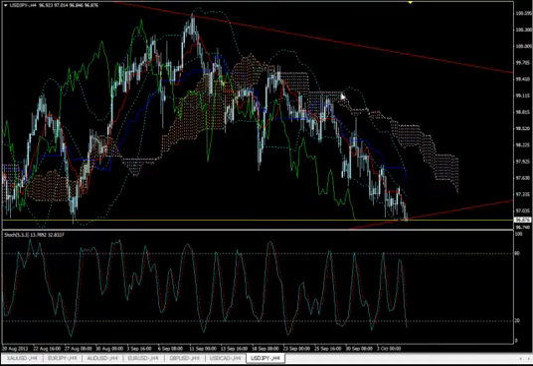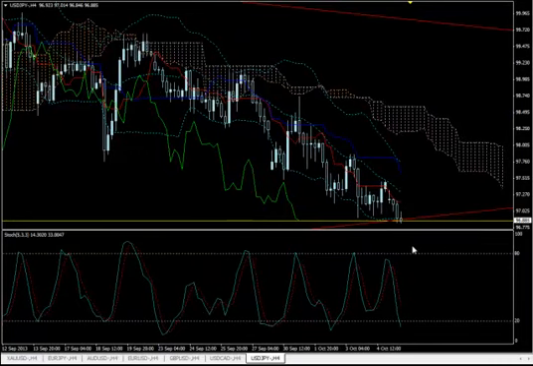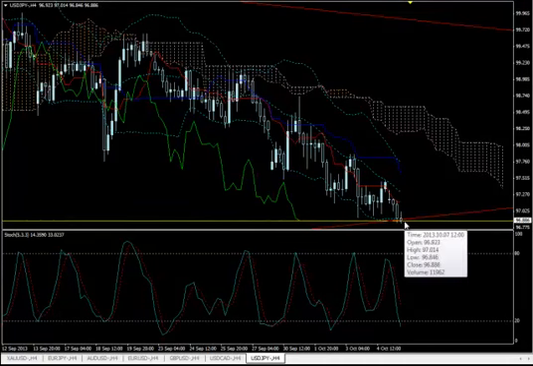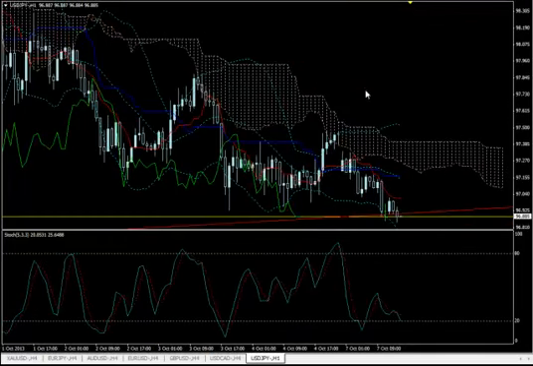On the H4 time frame, we see a sharp leading Kumo pointing downwards. We see everything bearish for now. Chikou span going straight down, but let's magnify the chart. We see that the lower Bollinger Band is horizontal, and we see small spikes below the body of the candlestick. And if we go to the smaller time frame, the H1 time frame,